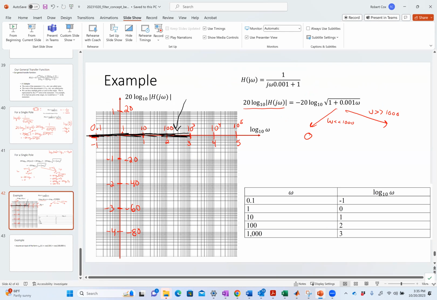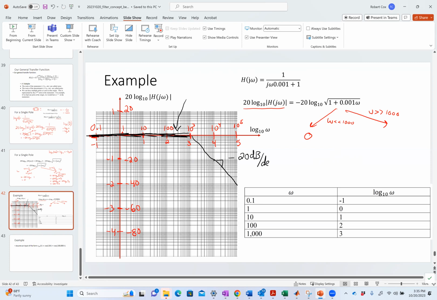-20. So basically, when I get to 10 to the 4th, where's he going to be? He's going to be at -20, right? So he's going to fall like that, right? That is what I call the Bode plot. That is the name of the plot that we make for this thing. This slope is -20